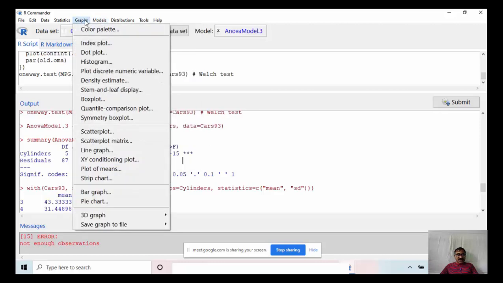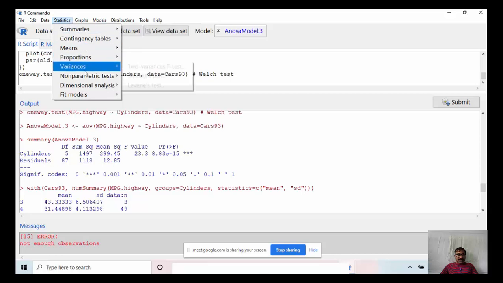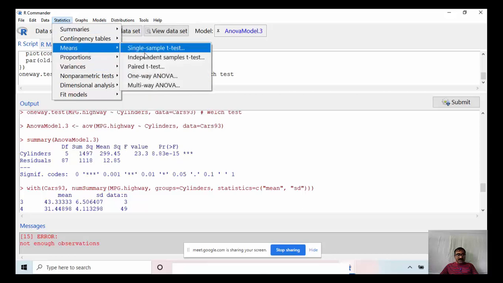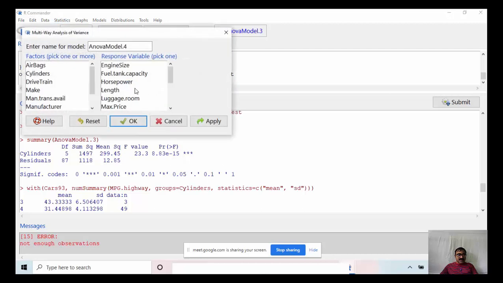Now we can perform a two-way ANOVA. So select multi-way ANOVA here. Factors, we can choose at least one. It is the same as one-way ANOVA.